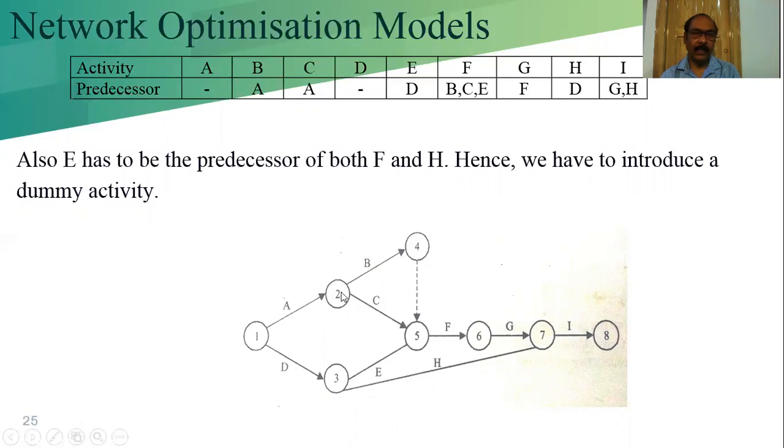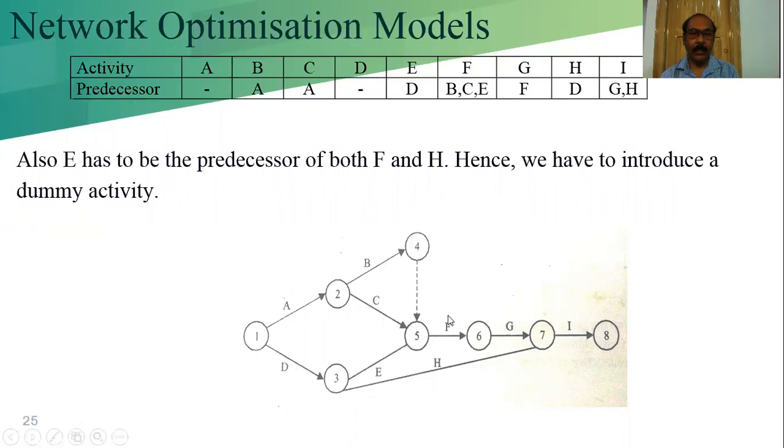According to this, B has the predecessor A, and C has the predecessor A. Now B is there, C is there, and E. E has the predecessor D. Now D and C, according to that, since A has the predecessor E and C, also B. So these two we can manage because we can take them into the same node. From that we can manage that F has the predecessors E and C.